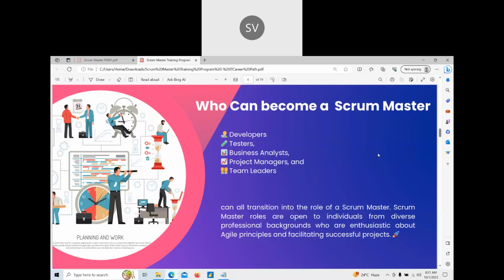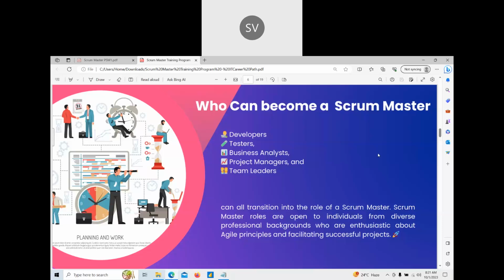Do we need to know any languages like SQL or Unix scripting? Not required. As I was telling, a Scrum Master will not work on any kind of development activity. The Scrum Master is there only to look after the team and clear the team's impediments. So any kind of technical knowledge is not required for a Scrum Master.